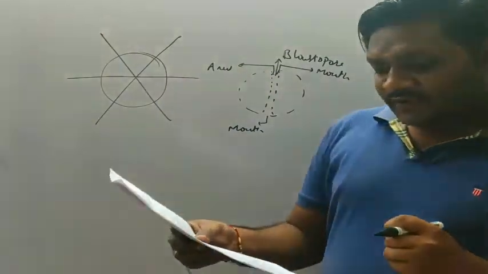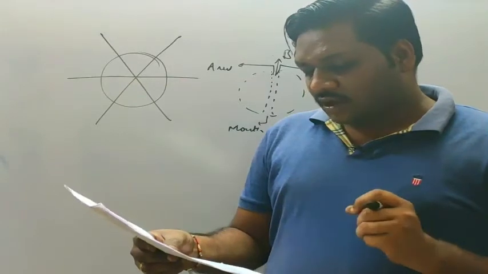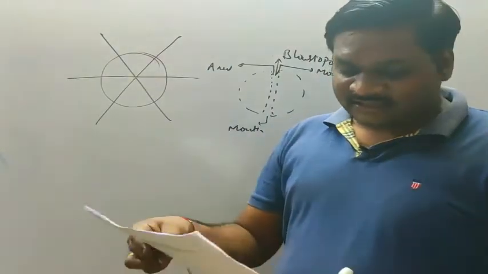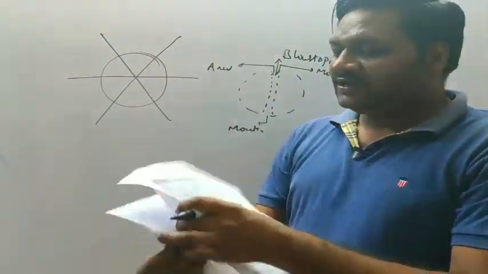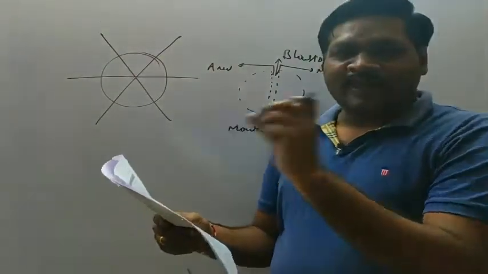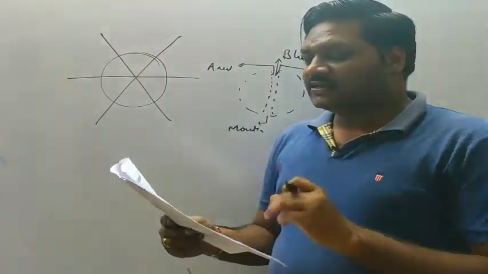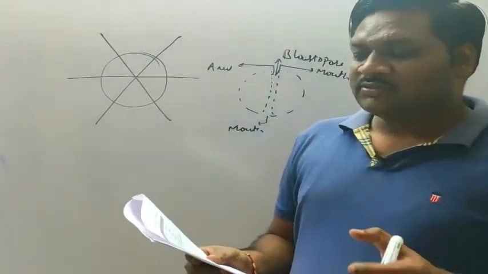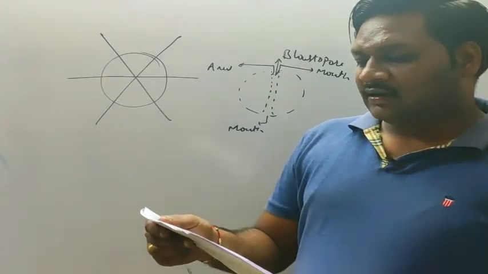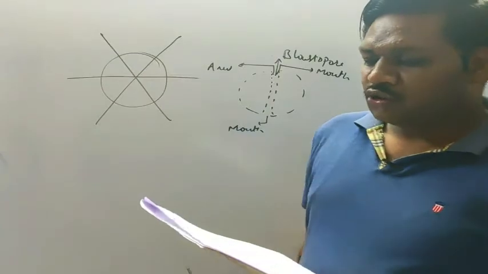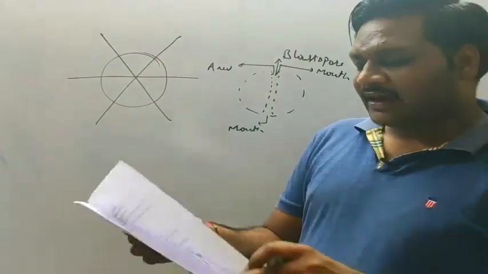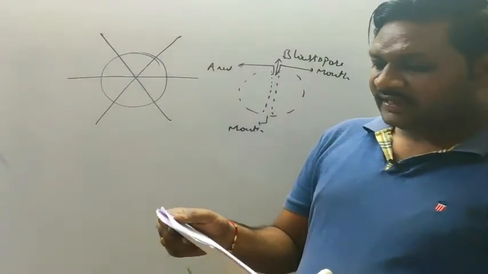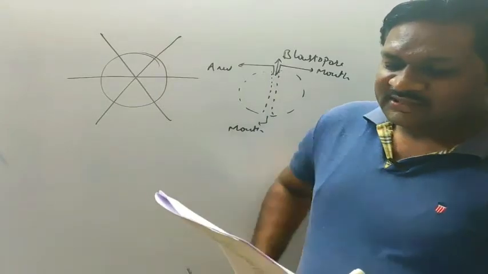The next question: which of the following is an incorrect matching of phylum, their alimentary canal and metameric segmentation? It is a match-the-following type. In the first column animals are given, which also include the phylum. In another column symmetry, then in the third column the coelom. Or you can also consider the characters given here: first the phylum, then alimentary canal, then metamerism. So here options are given.